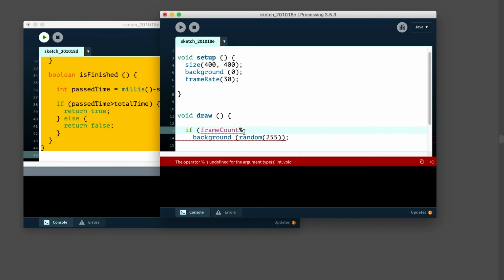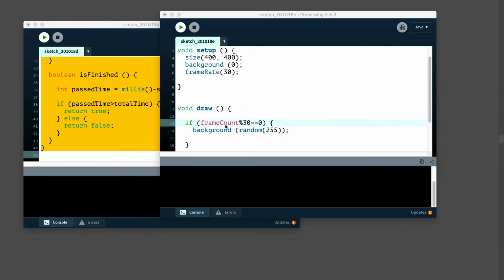So, for example, if I wanted to turn every second, because I know the frame rate is 30 frames per second, assuming that we're running at full speed, full capacity, I can get this frame count modulo 30. When this is equal to 0, that means when it's in multiples of 30, or basically after every 30 frames, it's going to change. Then I could run the code in the if statement.